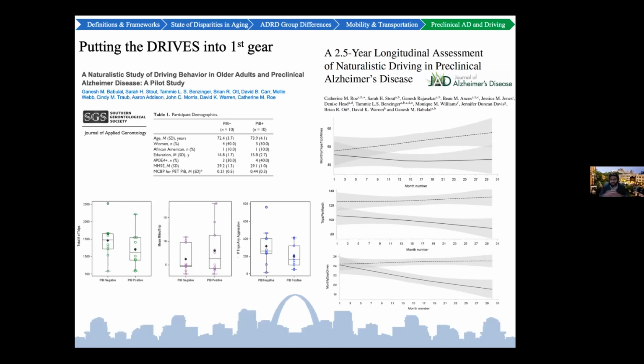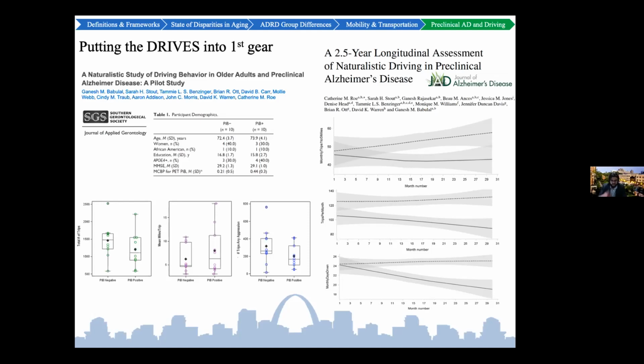We actually have it on 300, but they were the focus because they had the longest period of data. These three curves are actually loess curves that depict change over time in 3 different driving behaviors using linear mixed models. And as you can see, there's really no big differences at baseline, but over time, the PIB